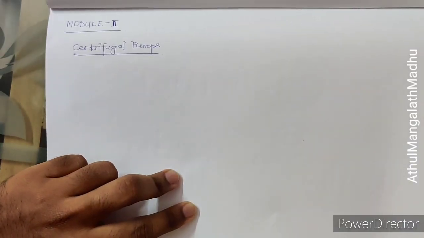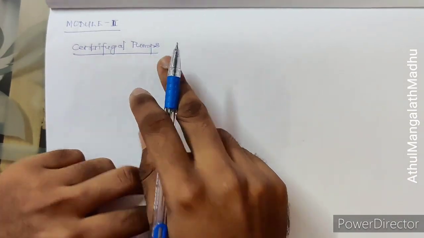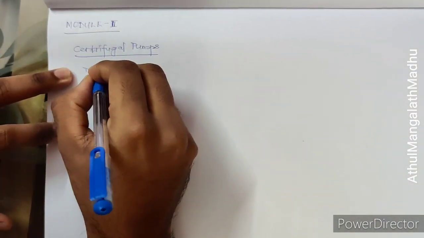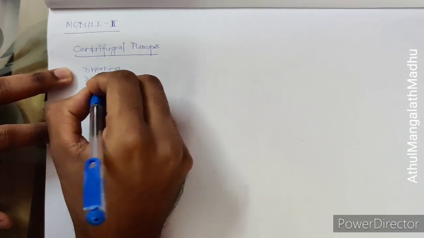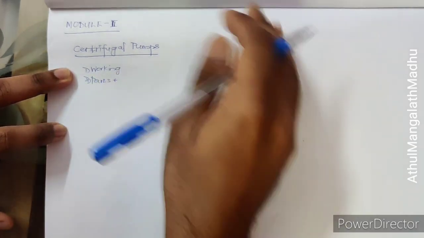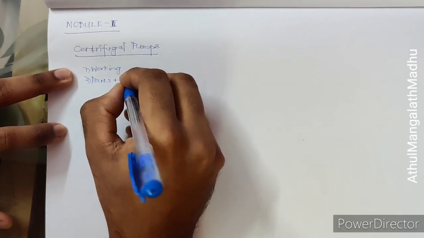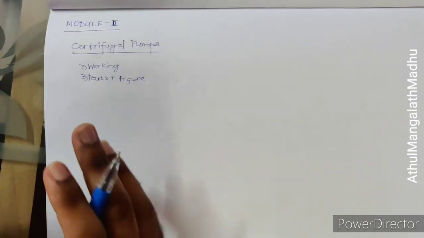The very next module is the second module, which primarily concentrates on centrifugal pumps, and there are different types of centrifugal pumps. You should know how a centrifugal pump works. The working of a centrifugal pump is very important, and its parts plus the figure. It has an outer layer called the casing, the volute casing, and then it has an impeller, the rotating part. All those things are very important.